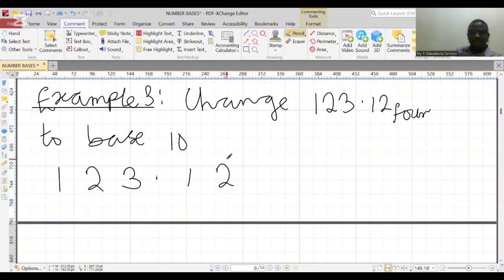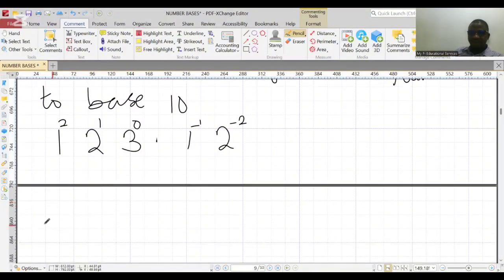So let's label this as 0, 1, and 2. And this will be -1, and this will be -2. Because we are changing from base 4, we multiply each digit by 4. So the first one will be 1 multiplied by 4, then because the power of this is 2, so square it, plus 2 multiplied by 4, and the power of this is 1, so the power of 1, plus 3 multiplied by